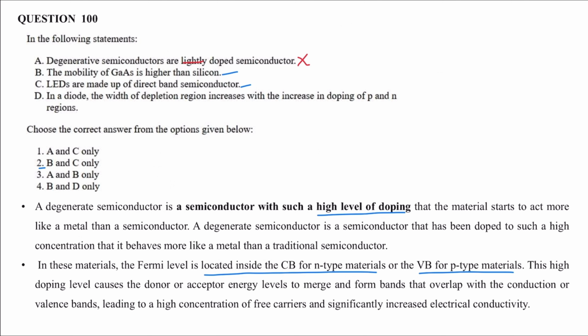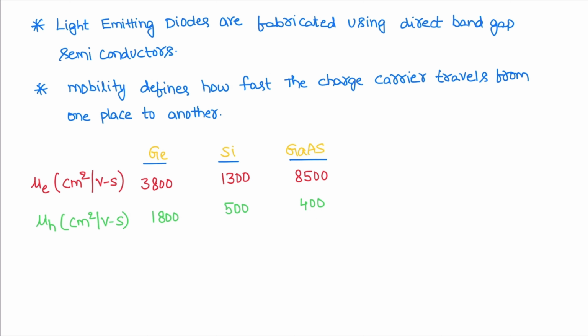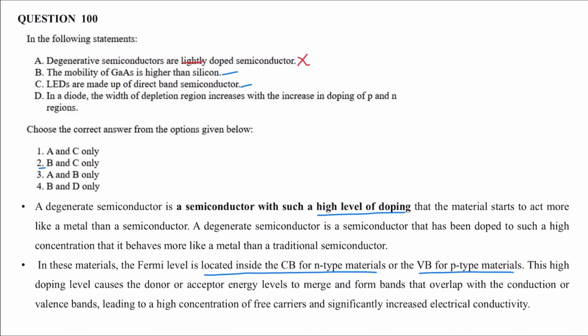Statement C is correct. Statement D, in a diode, the width of depletion layer increases with increase in doping of p-type and n-type regions, is incorrect because the width of the depletion layer decreases with increasing doping concentration. So correct statements are B and C. Correct answer is option